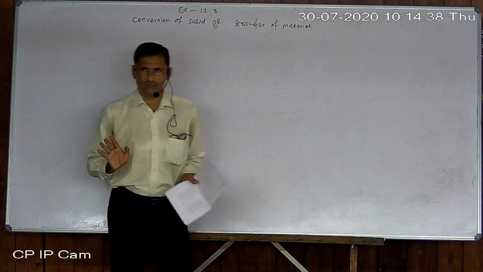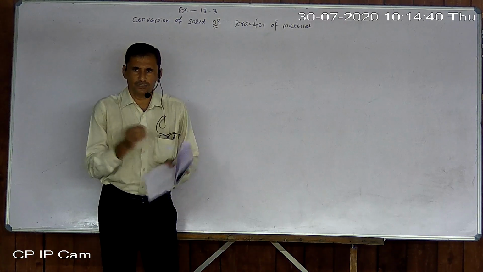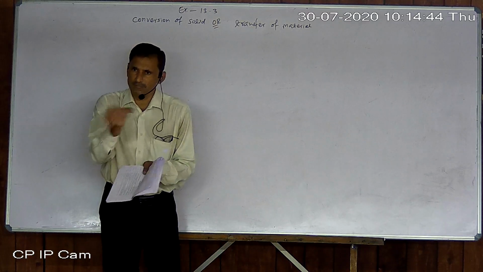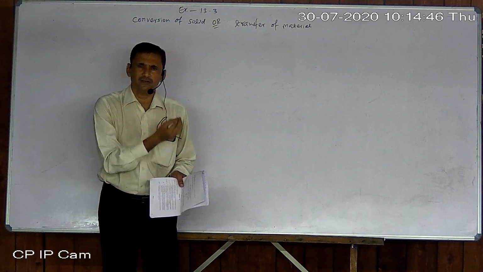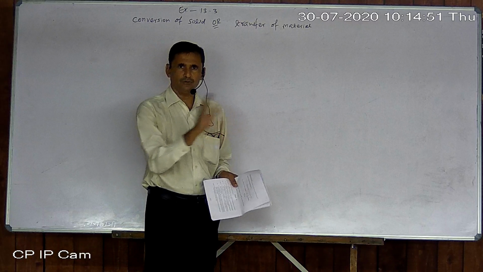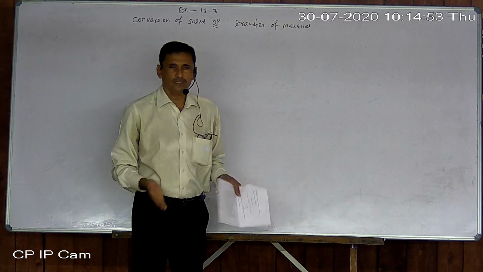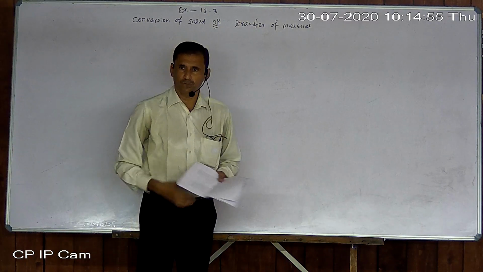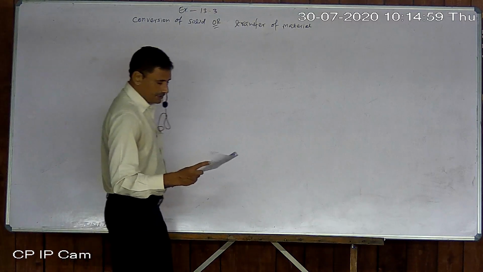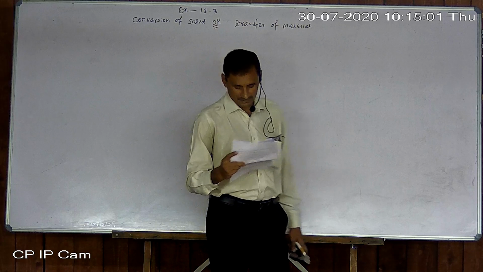Now a figure is not required here. If shapes are combined, being formed or being removed, then we draw it. But from one shape to one shape being formed, then just compare directly. Okay. Now look at the first one. You will understand by doing any one sum very easily.